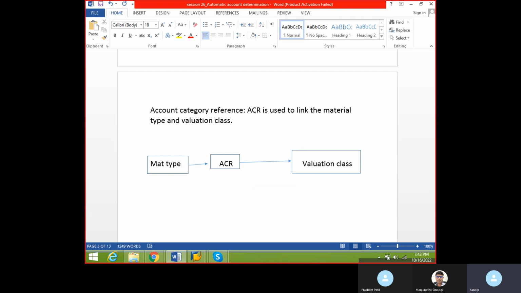So basically your account category reference is most of the time equal to your material types. If your client has 5 material types, then you need to create 5